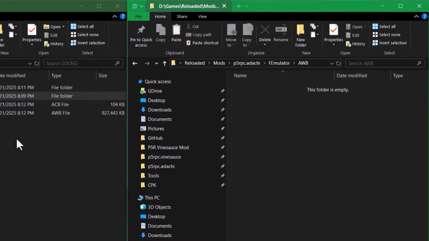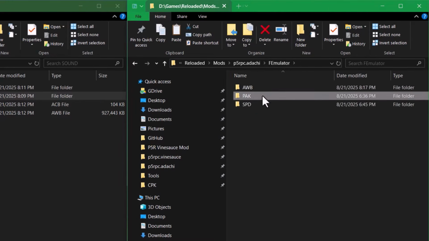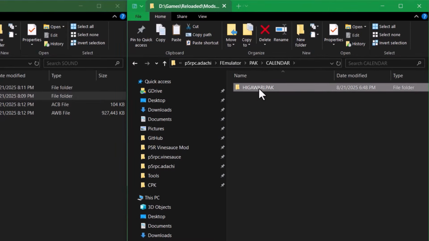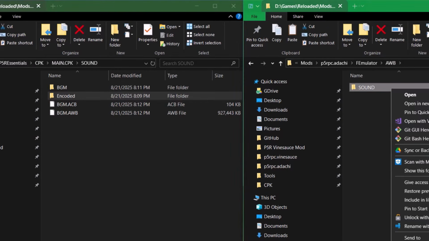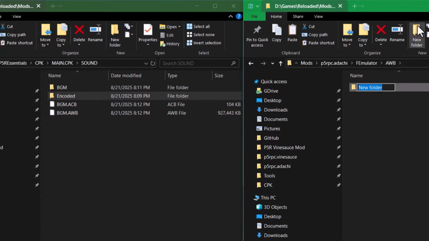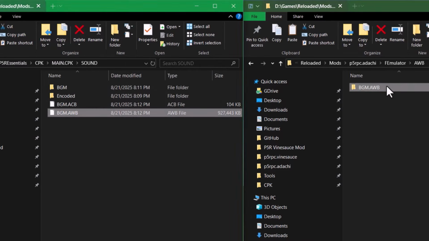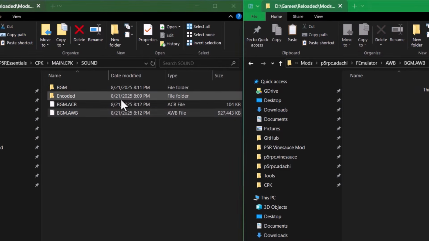Whereas with these ones, we had to start with calendar since the Pack is in the calendar folder. So you would think that in the AWB folder, we would have to make a folder named sound, right? Since that's where we found our AWB, but that is not the case. For this emulator specifically, you just need to type bgm.awb, and that's the name of the AWB file, and inside that, we can put only the ADX that we